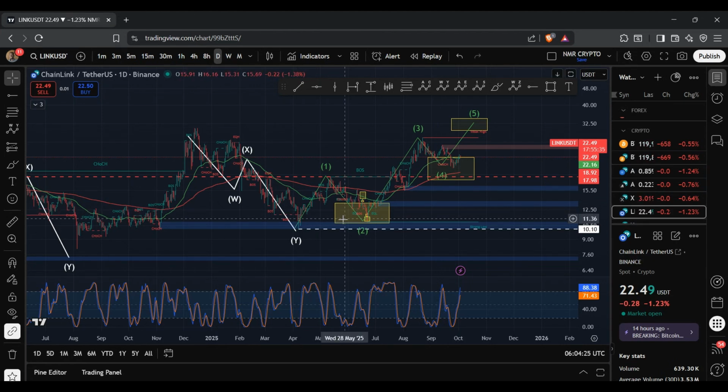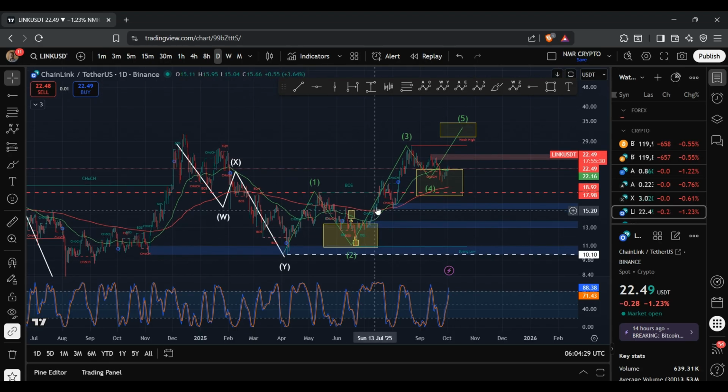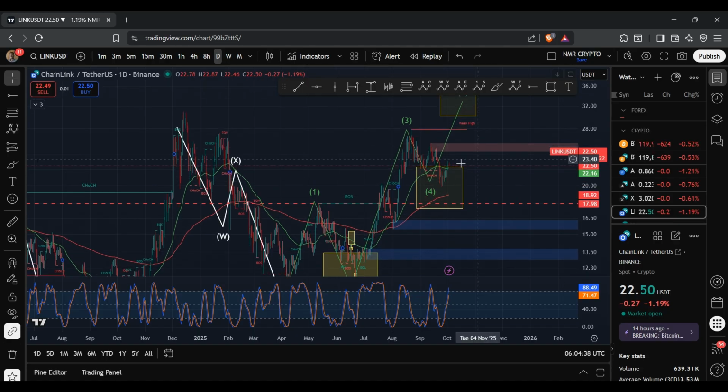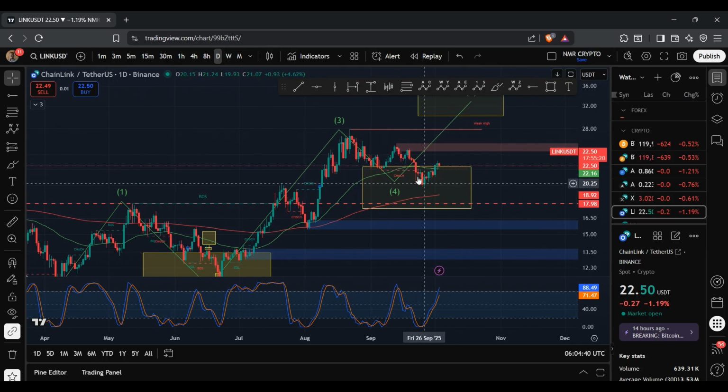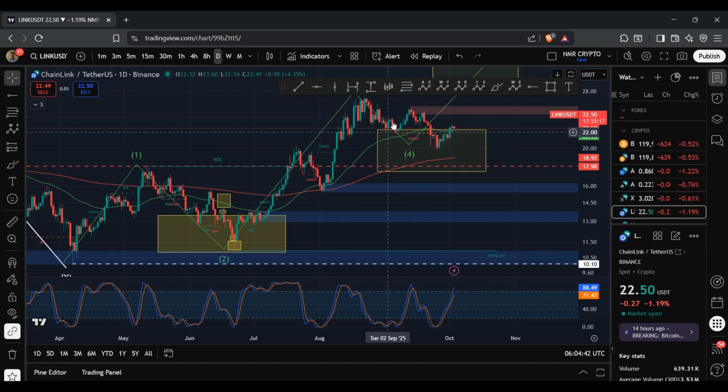So Chainlink looks to be within this 5-wave structure that I've been tracking, and the reason being is because this move to the upside for the wave 3 ended up reaching the 1.6 minute level as a minimum requirement, and therefore a 5-wave structure has been triggered. And most recently, I've been tracking this wave 4 to the downside, which typically retraces anywhere between 23.6% to 50%